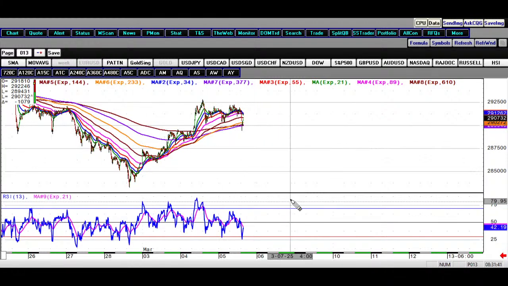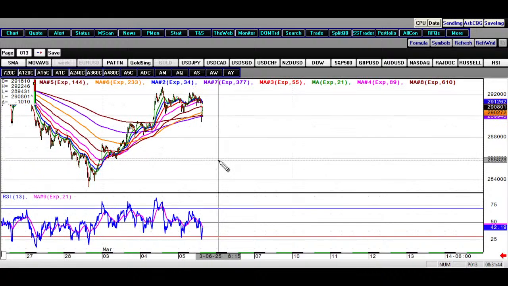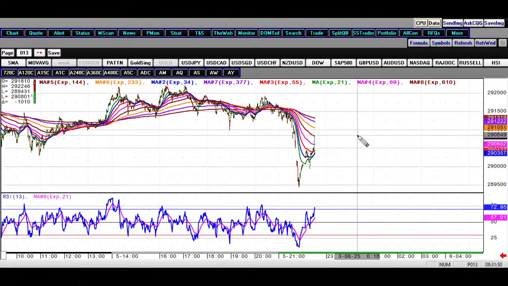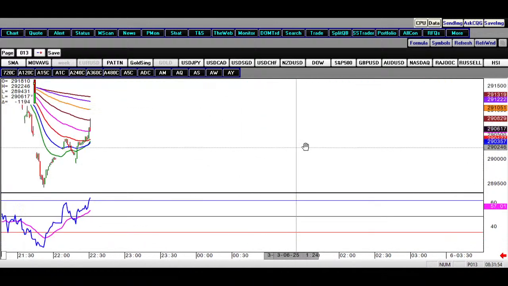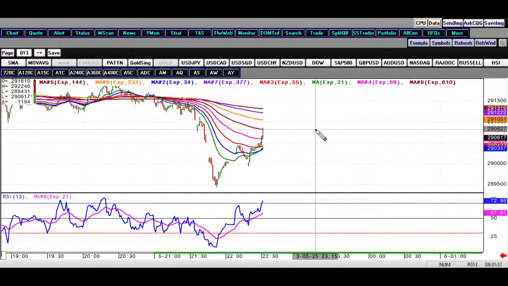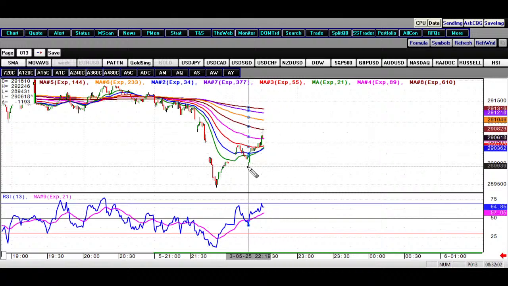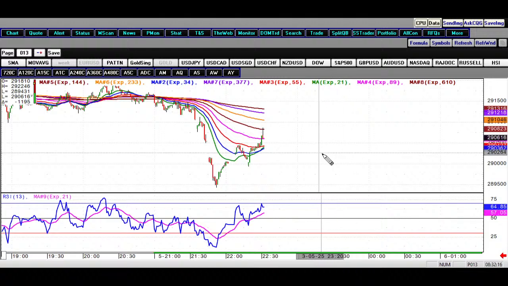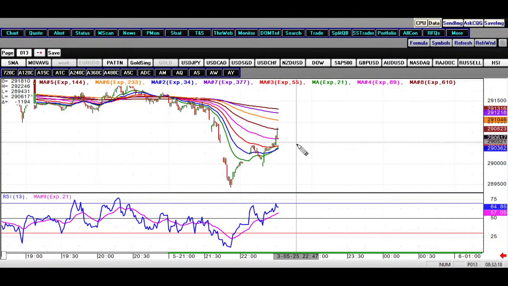So if you look into this gold right now, I think this has already started moving up. Remember I told you the key levels to pay attention to: 2908, 2911, and 2914, 2915. So it looks like we may have seen the low.